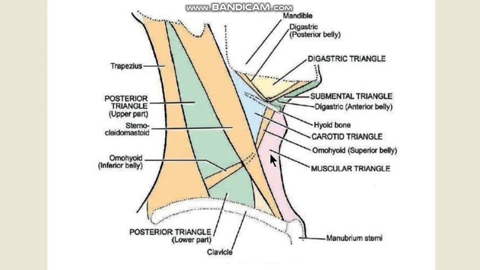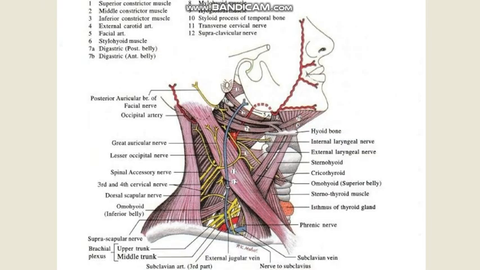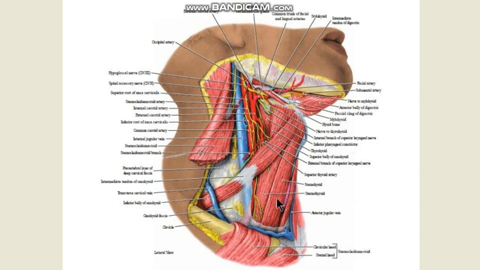Now let us see if we can look at these muscles in detail. So here you can see the sternohyoid, and you can see the sternothyroid and its continuation the thyroid. So sternohyoid, sternothyroid, and its continuation the thyroid, these are the muscles in the floor. Now these muscles are all covered by the pretracheal layer of the deep cervical fascia. Now these muscles, sternohyoid, sternothyroid, thyroid plus omohyoid, these four muscles are called the infrahyoid muscles.